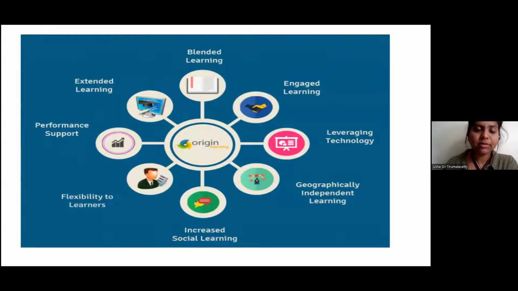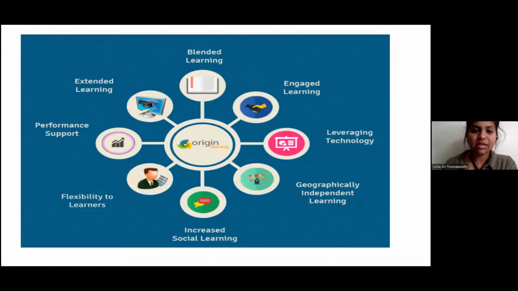Thank you, Sharanya. Today I'm talking about the functionalities of our project. The first one is blended learning, which is nothing but students can learn electronically as well as in a face-to-face method. During the pre-COVID era, people opted for blended learning; because of COVID, everyone was pushed to online learning. Engaged learning is where students can also take action, using gamification, badges, trophies, and everything, so that they can stay engaged and be eager towards learning.